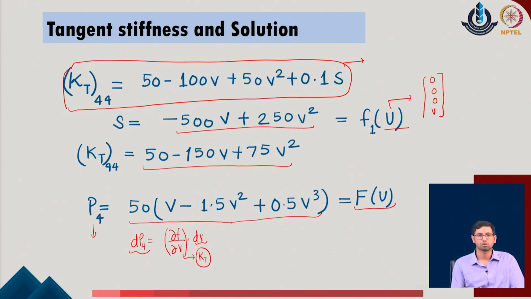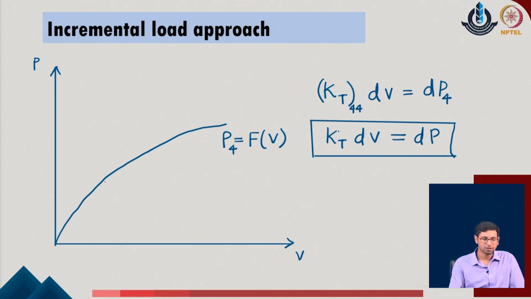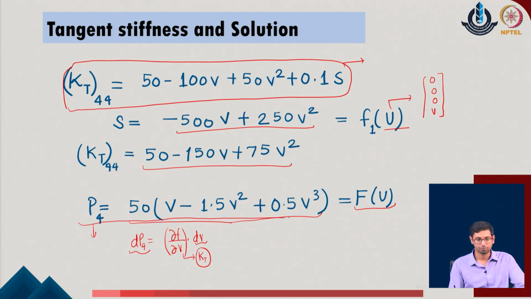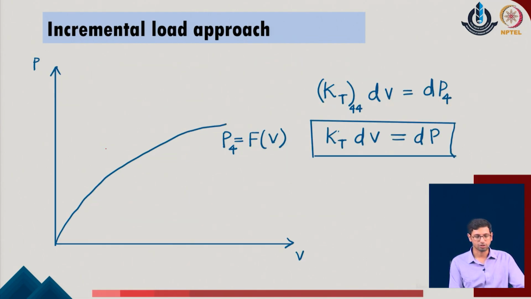To identify the solution, we are looking to identify a path of the general equation which is defined by this particular function, where P of 4 represents the force and V defines the displacement which is taken up by the given system. If we draw the generalized field of the given problem, we draw the load displacement relationship which appears something like this, and that is P of 4, which is equal to a function of the displacement terms of the given system.